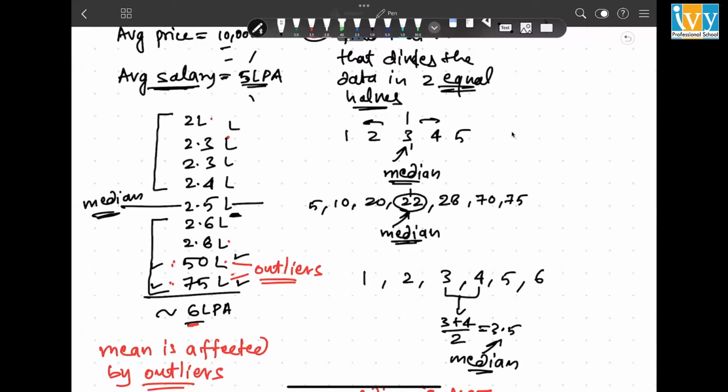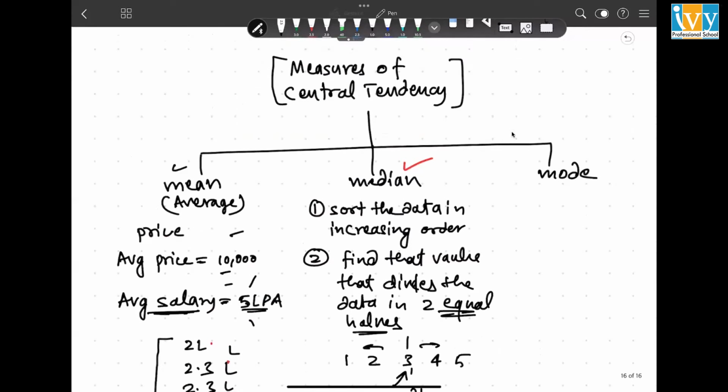And you might have seen some of these colleges now started publishing their salary in terms of median because they know people are educated now and they understand the average can be misleading because of some of the students getting very high packages. So for numeric values you can use median or mean to find out the central tendency, and median is preferred because it is not affected by the outliers. Okay, what about mode value?